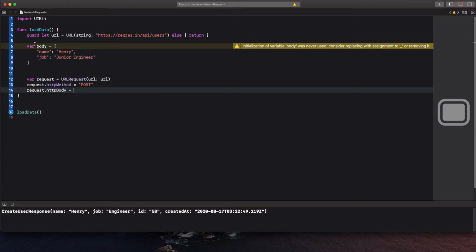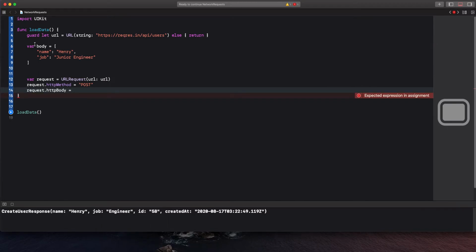But now this is a dictionary, this is not a data object, it's not a data type. So how do we convert this dictionary into the data type, because this API is taking the JSON type as its body. It's giving JSON as the response and it's taking JSON as the body. So Swift provides us a class known as JSONSerialization, which will help us convert a dictionary object into a data object, and help us send that data to the backend, to the server as the